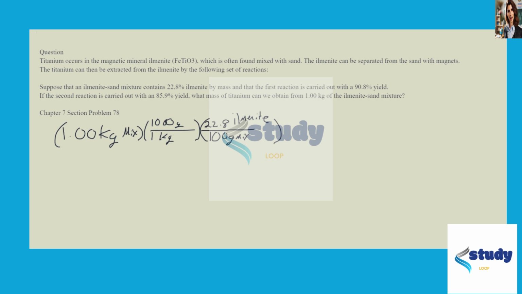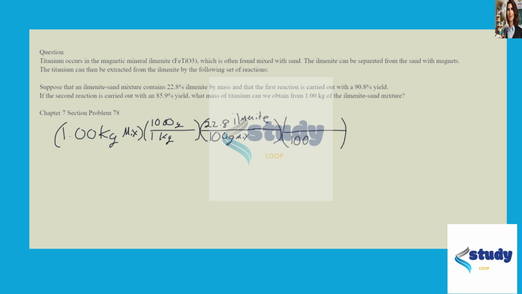Okay. So now if we were to stop our calculations now, we would be calculating how many grams of ilmenite there are in a 1 kilogram mixture, which previously included sand, or which does include sand. But we need to keep going. So the first extraction step has a percent yield of 90.8%. So for every